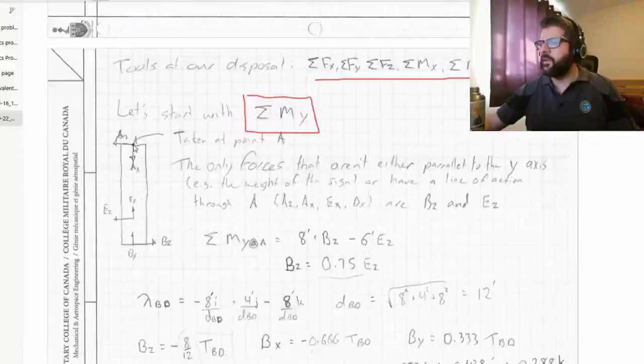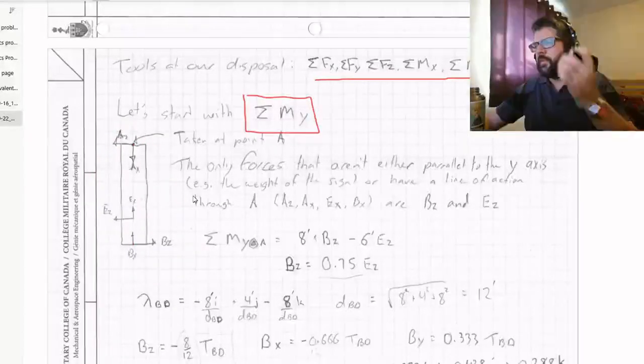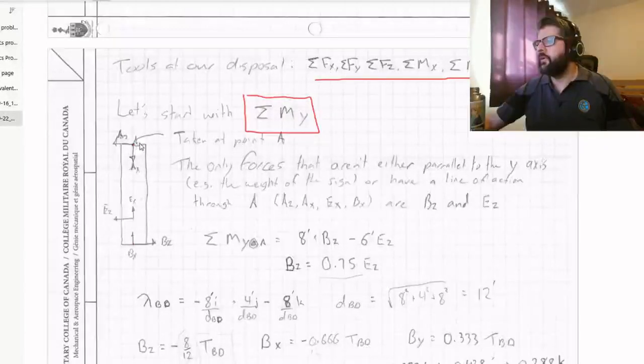So kind of just looking at this one here, it's the same graph I just did, and we're going to take our moment about point A, basically just to eliminate a few variables from our equation. That means that when we take our moment, both of the A forces disappear because